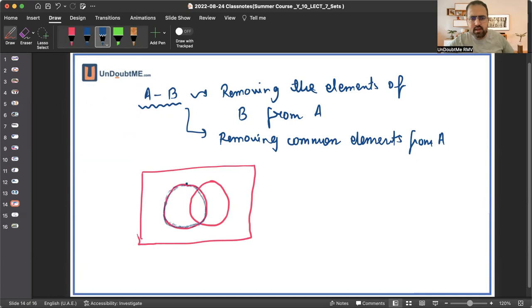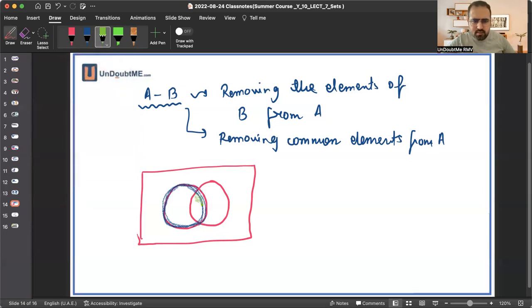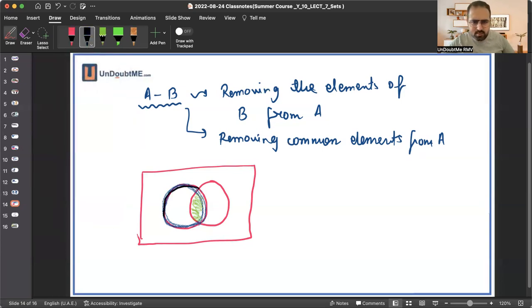Okay, this is A. And from A, you can see that there is one portion of B which is going inside A. So that part we need to remove. Basically, if I just shade that part, this is the part which will be removed from A. So you will get a crescent type of structure. Let me just shade that. So this crescent type of structure